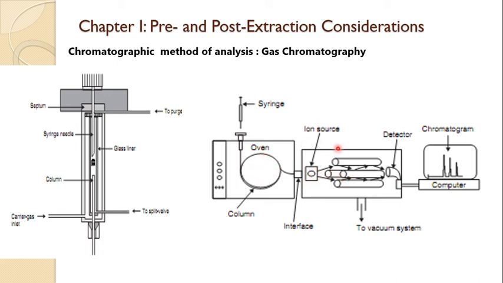In gas chromatography mass spectrometry, the quadrupole mass analyzer is used. Quadra means four. These are the four poles, and whatever sample is moving from the column comes towards this ion source, and from the ion source it goes to the quadrupole. From the quadrupole, those having sufficient mass to charge ratio reach the detector and we can form the chromatogram. This is the gas chromatography mass spectrometry analysis.